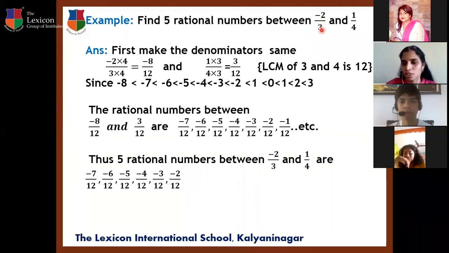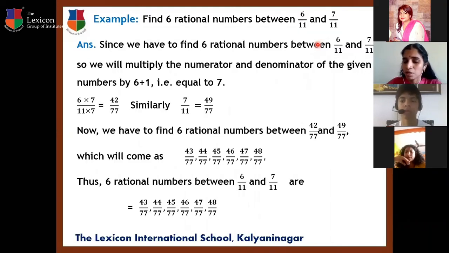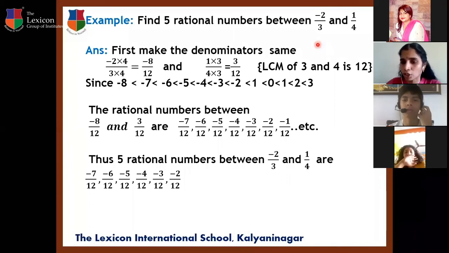Minus 2 upon 3, that is also a rational number, which has a negative sign. But it's not always necessary to multiply numerator and denominator. What was the difference between both the questions? Look, in the first question the denominators were the same, but here the denominators are not equal. So whenever such a question comes, find rational numbers between the rational numbers, first you have to make the denominators the same. You check whether the denominators are equal or not. Otherwise, you make them the same. Then only we will go for the other steps.